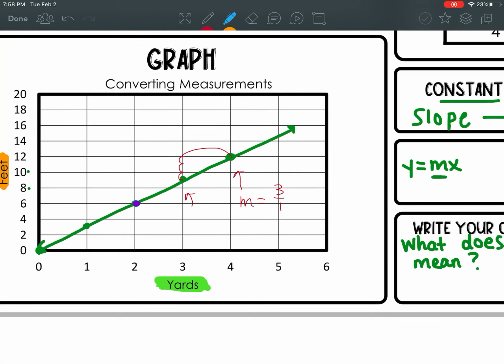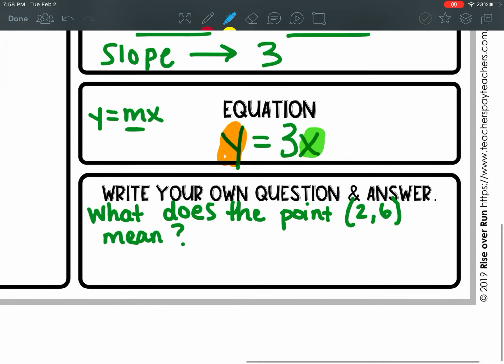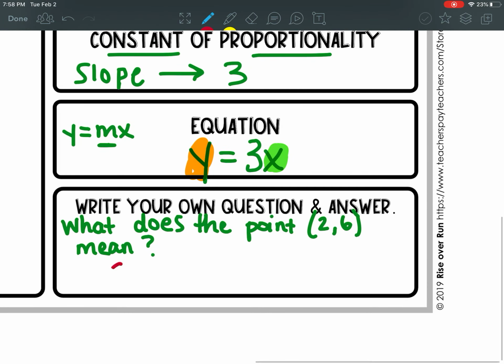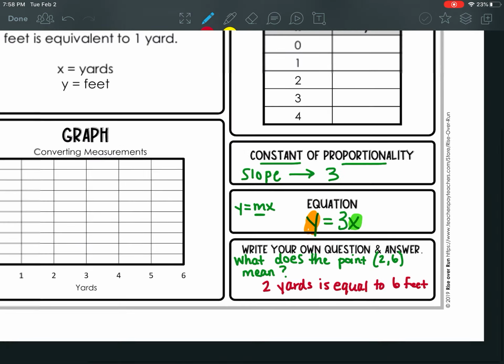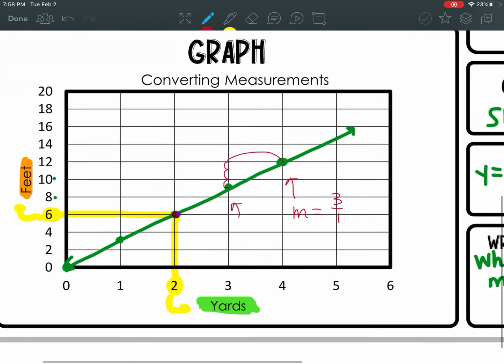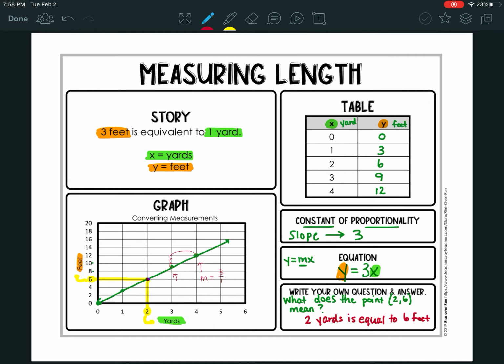So this is saying the 2 is your x. So 2 represents yards. We could use our labels here. So that represents 2 yards. And then on the y-axis, 6 feet. And I'm using my labels to look at what they represent. So 2, 6 represents 2 yards is equal to 6 feet. All right, so if you're ever asked